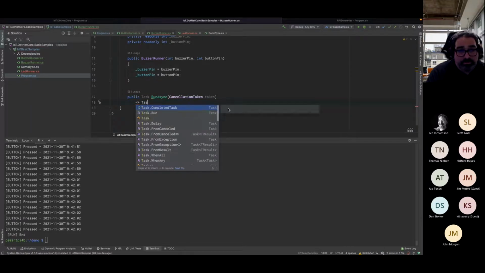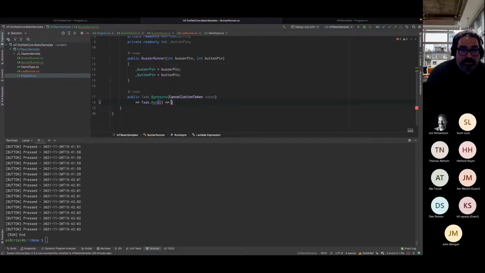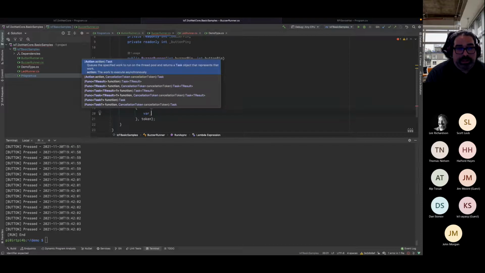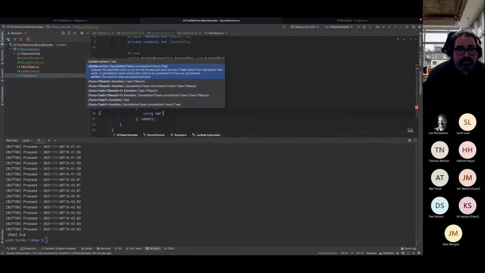So like before, let's deploy a task that's actually going to do the work for us, and it's aware of the cancellation token. I am going to set up the button, so I will need a controller.